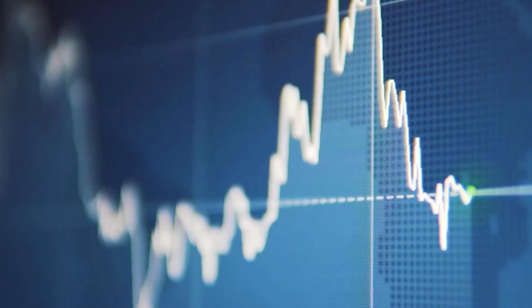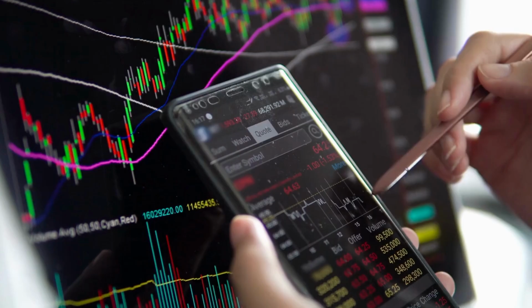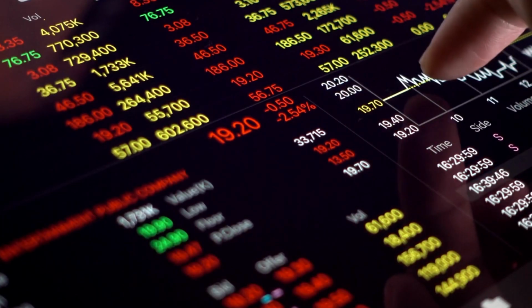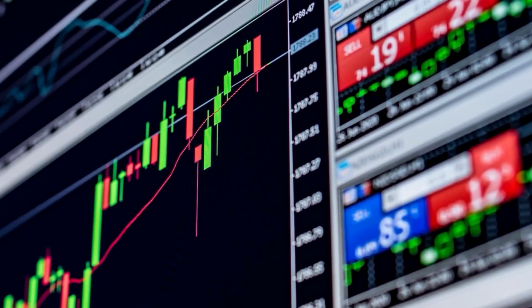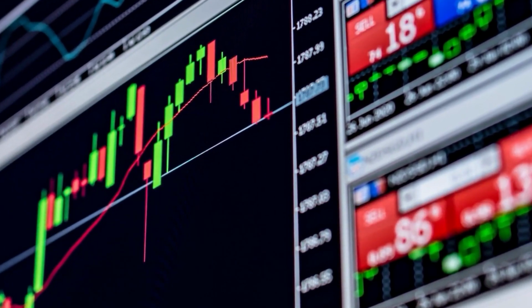Now, the first thing that I want to talk about when it comes to investing your first $1,000 in the stock market is risk tolerance and what it means. Now, according to investopedia.com, it says, what is risk tolerance? Risk tolerance is the degree of risk that an investor is willing to endure given the volatility in the value of an investment. An important component in investing, risk tolerance often determines the type and amount of investments that an